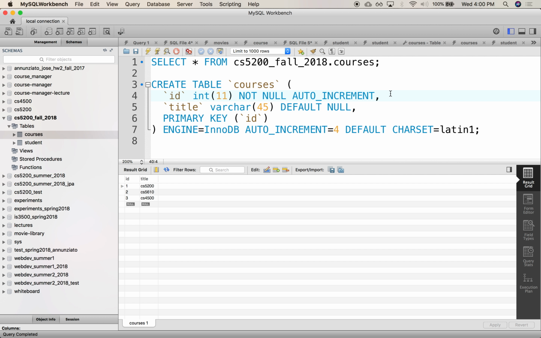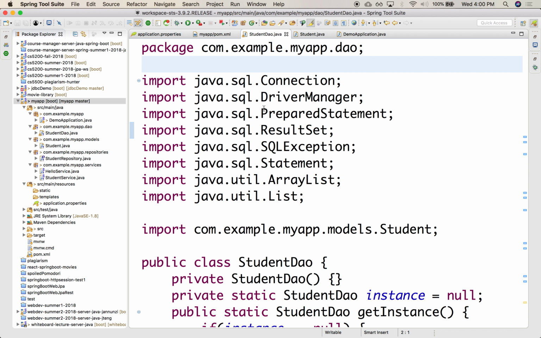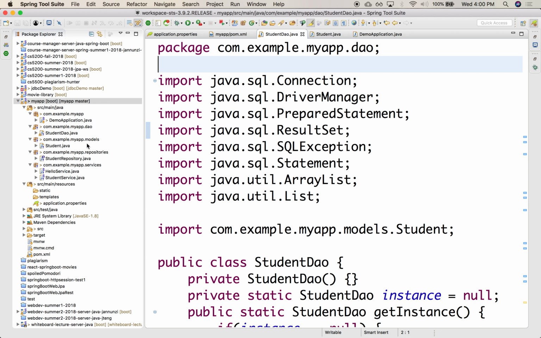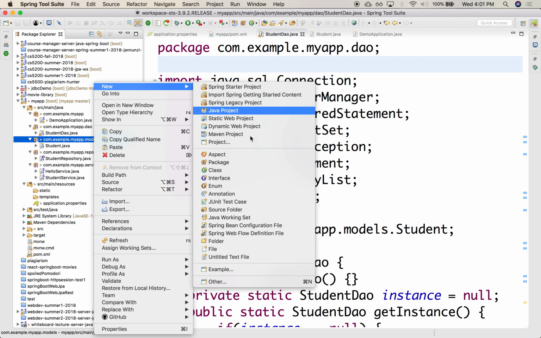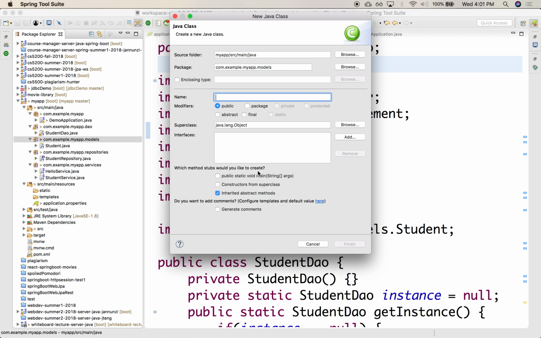All right. So somebody has decided to create this relational database model. We want to create a Java equivalent to this. So let's head over to Java, and we would want to implement here in the models package, right? We're going to create a courses class that represents that model. So let's create a new Java class. This will be courses,